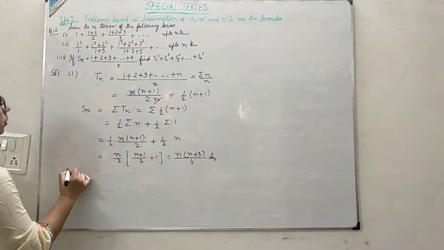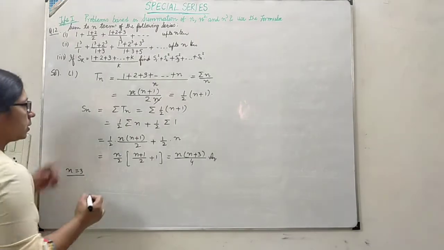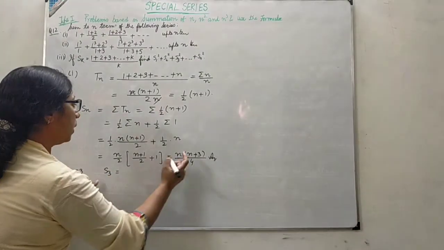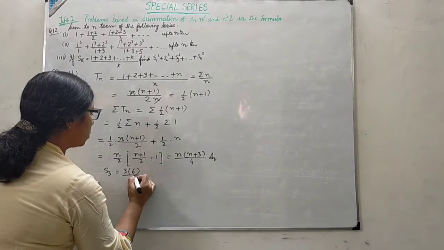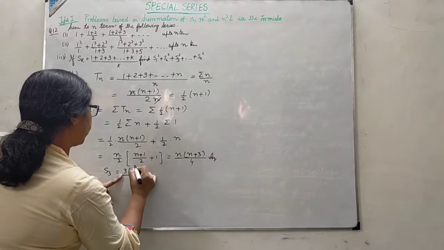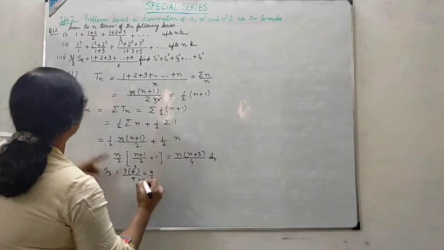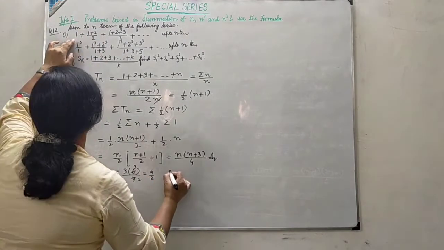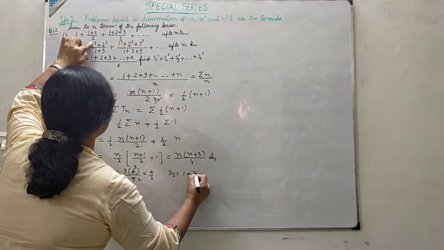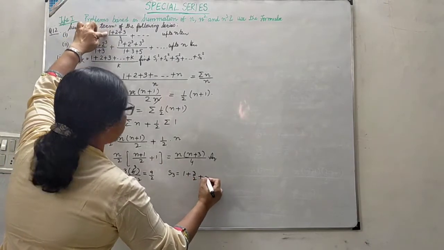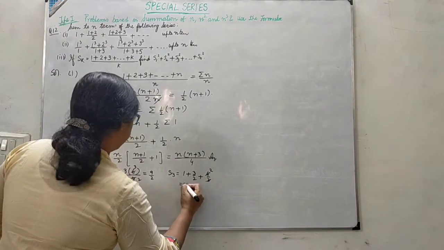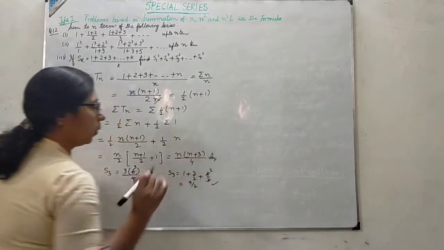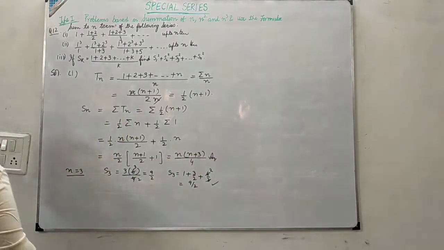If I substitute n as 3, say, this S3 will become over here 3 into 3 plus 3, 6 by 4. Now let me take over here S3 from here: 1 plus 3 by 2 plus 6 by 3. This is 2, this is 2, 3, 9 by 2 or so on. Any of the terms you can substitute.